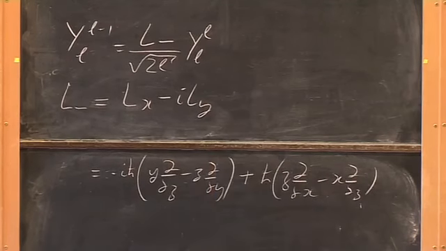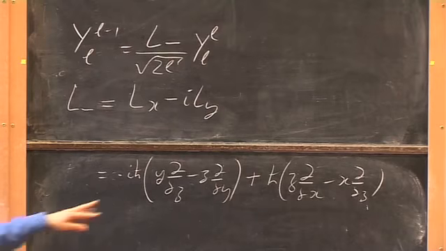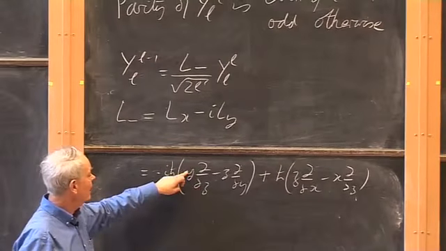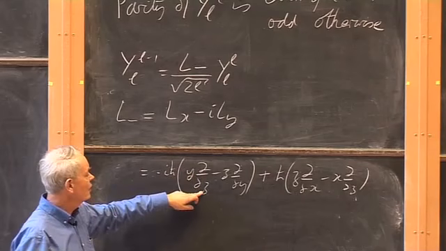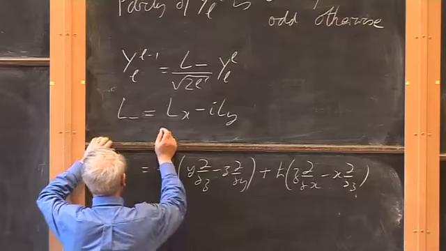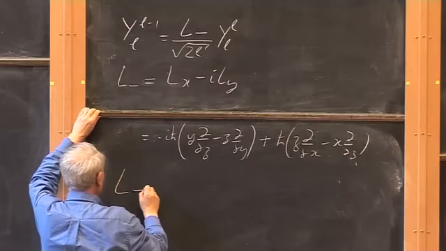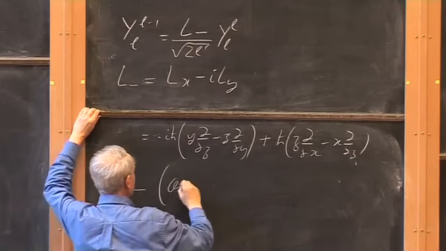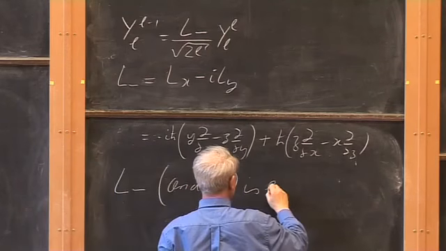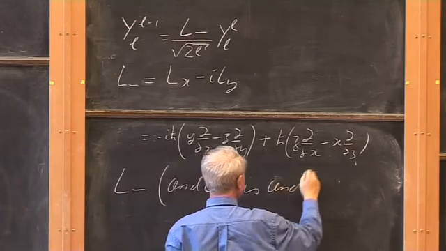And when we change x to minus x, y to minus y, and z to minus z, we get a change of sign here, a change of sign here, a change of sign here, a change of sign there. So L minus, and also, as a matter of fact, L plus, is unchanged